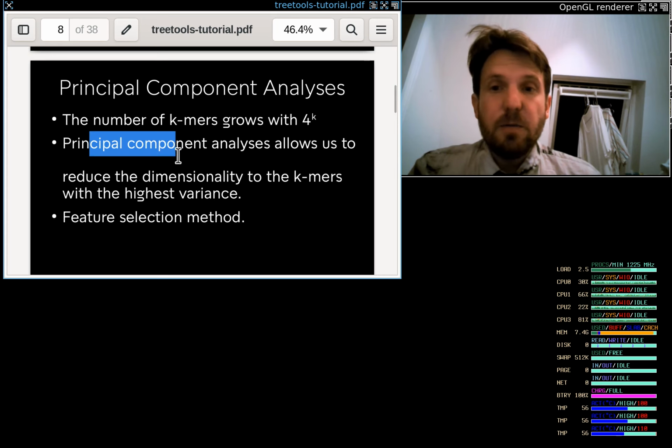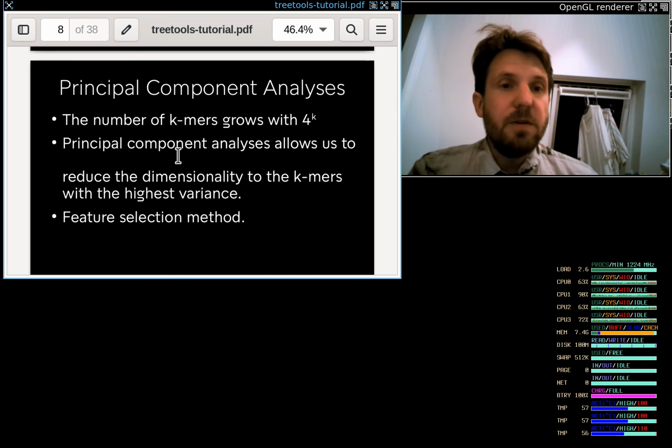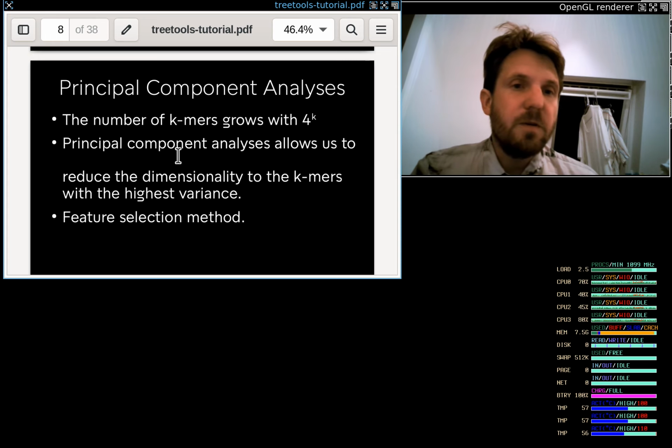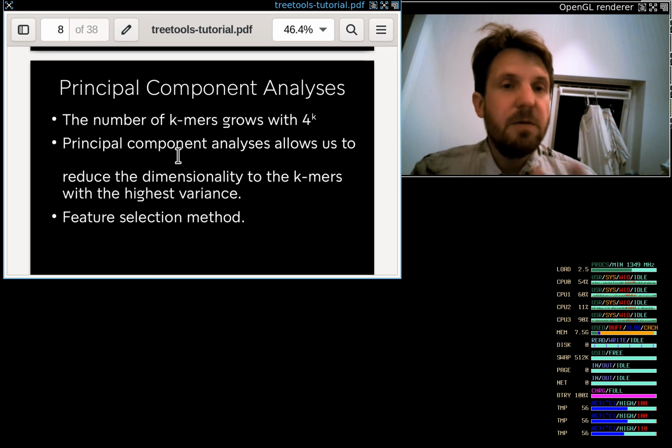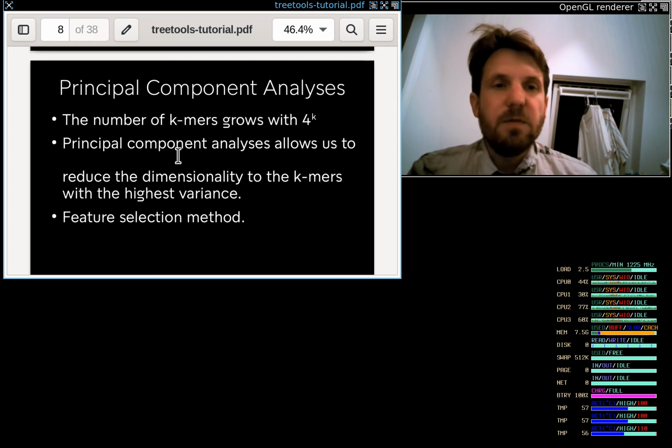Principal component analysis allows us to reduce this to a reasonable number. A reasonable number in our case would be 7 dimensions, for instance,